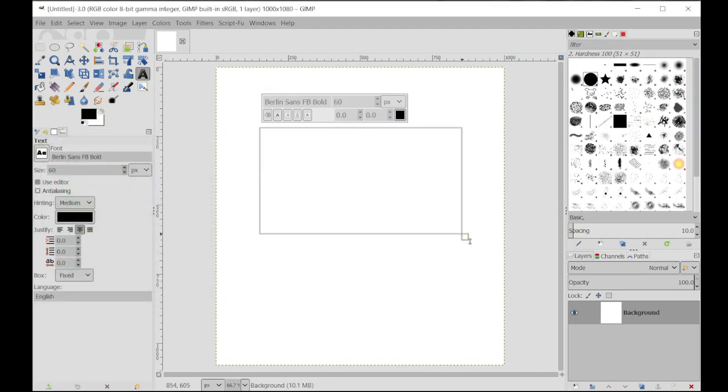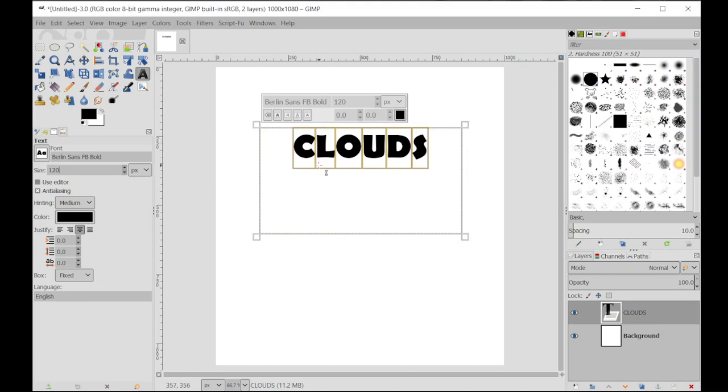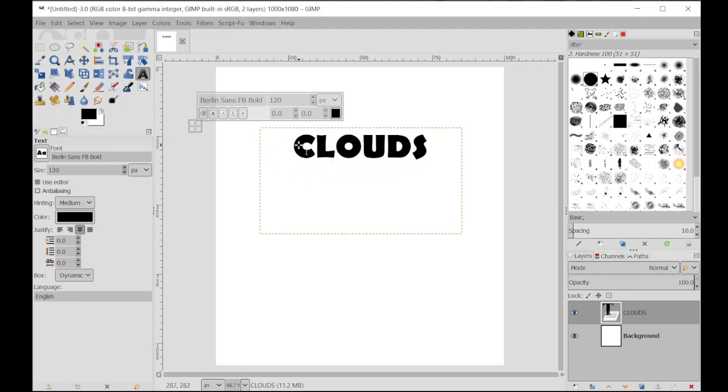Once you've got that, go onto your canvas and type in clouds in all uppercase letters. At this point, you could do a larger font if you would like. Mine's pretty small, so I'm actually going to double the size that they mentioned in the lesson, just so I have something a little bit bigger to work with. All right, so I've got my text here,